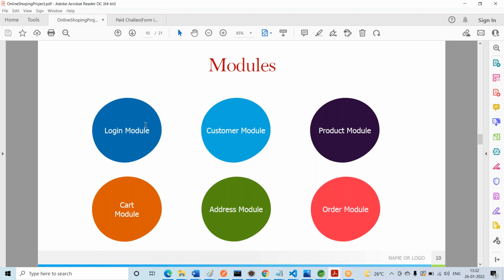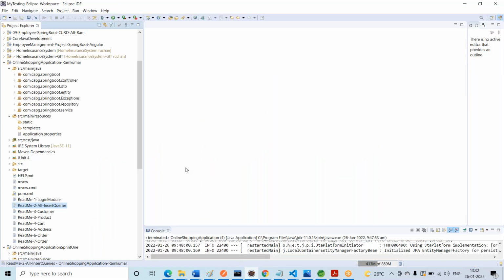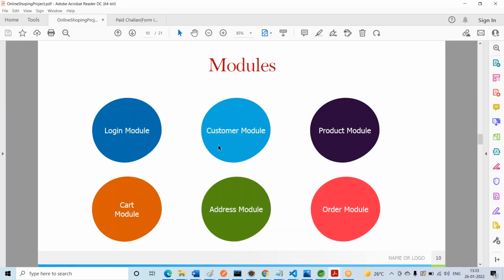Okay, so now we are moving to code. In this code, again I'm going to start the project. Before starting the project, you can see the folder structure. This is the whole project, completely integrated: the login module, customer module, product module, cart module, address module, and order module.